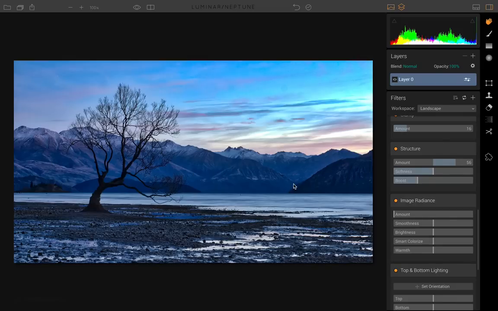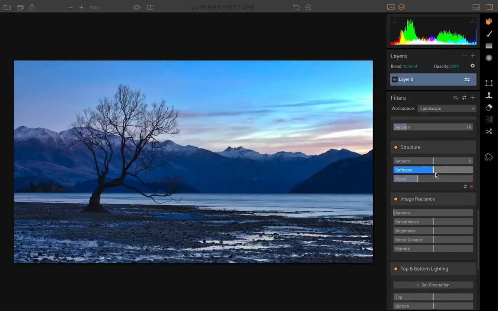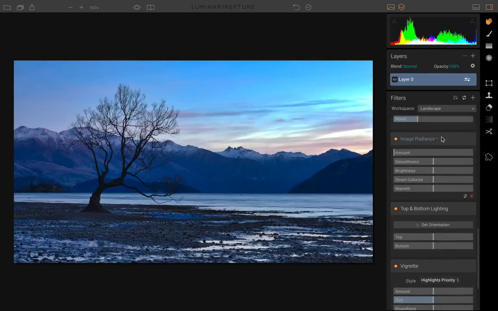So in a little bit, I'll show you how we can use layers to just independently apply this to a certain area. So we'll do that in a little bit. In the meantime, I'll just zero that out again. Image Radiance. This is probably my favorite slider. I don't know what it's going to do in this photo, but